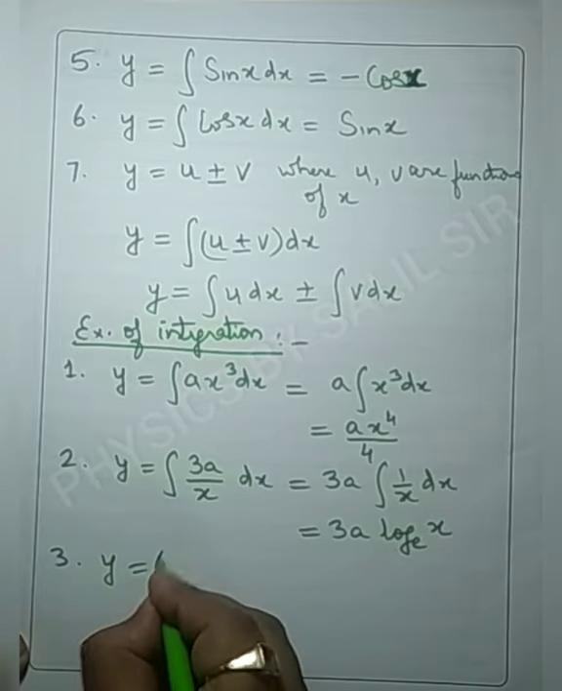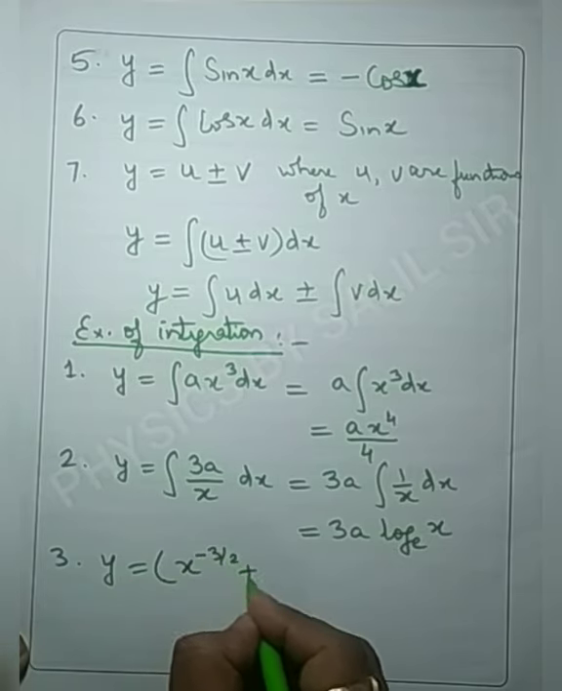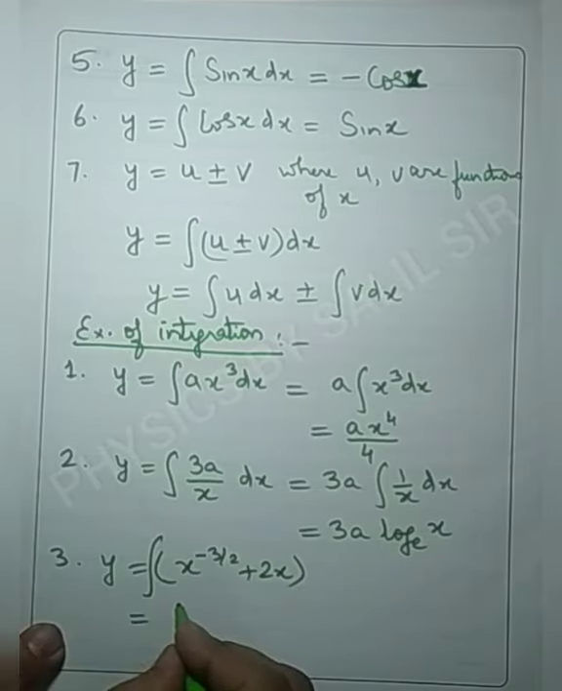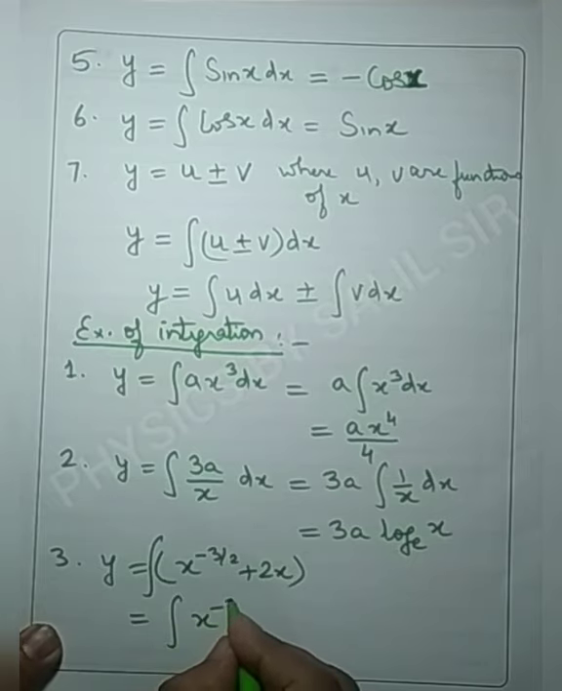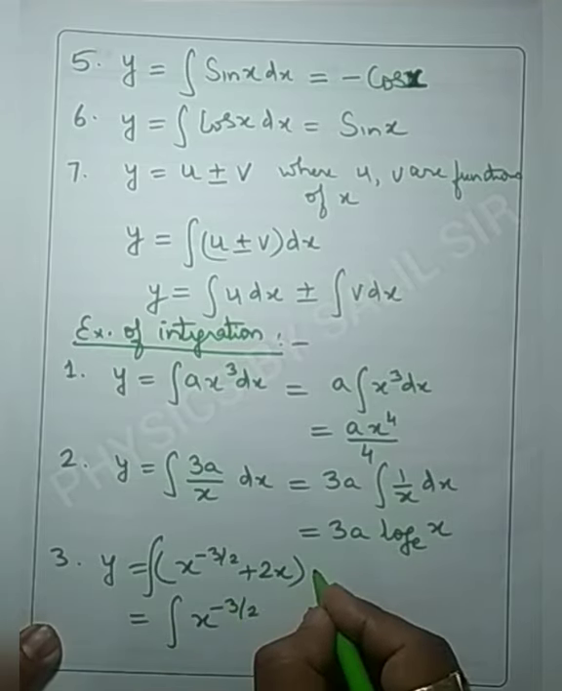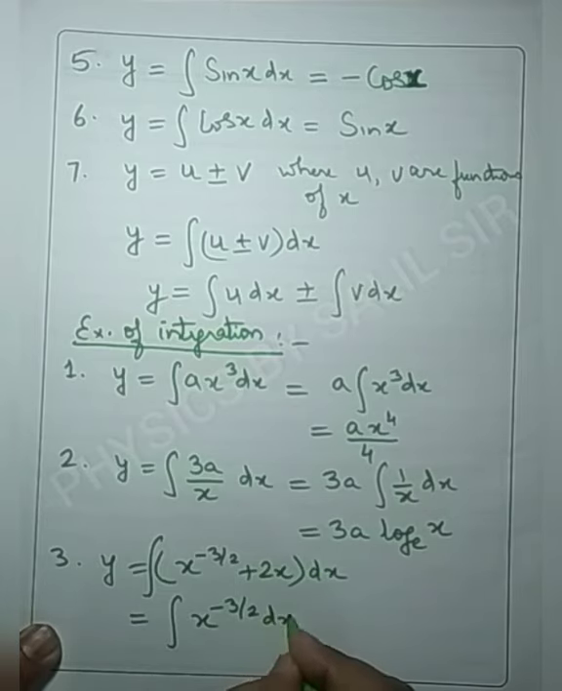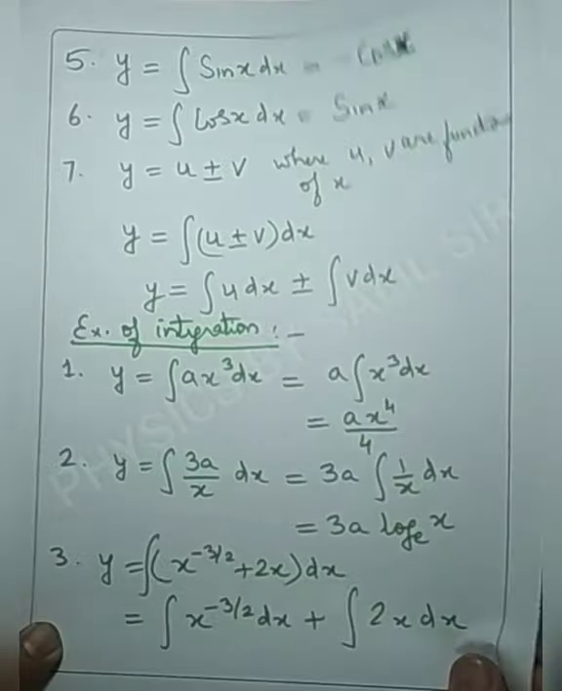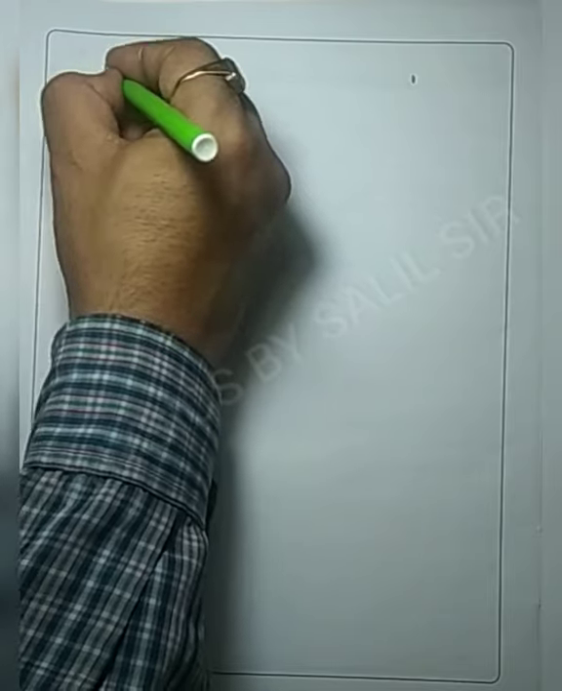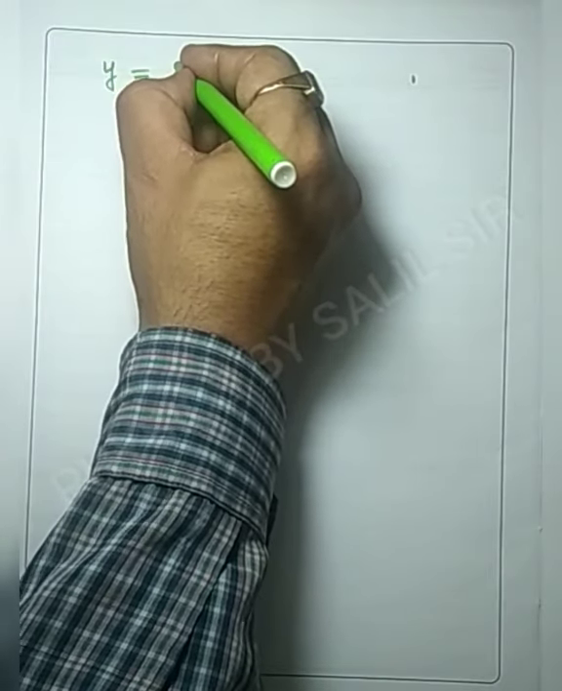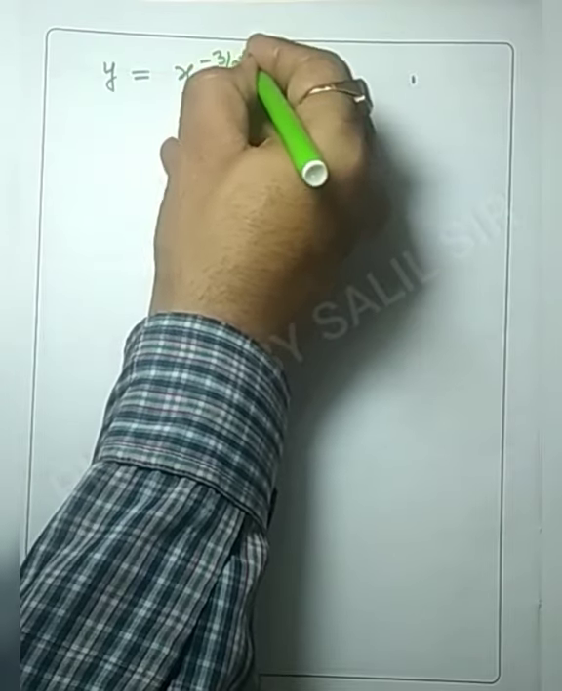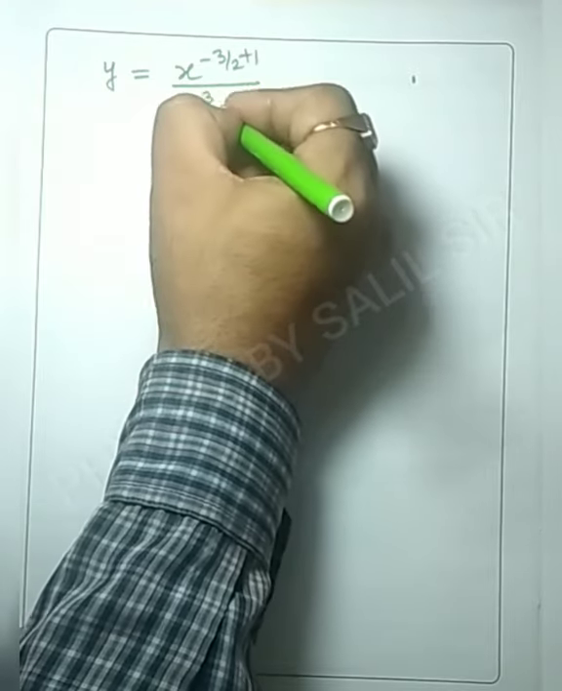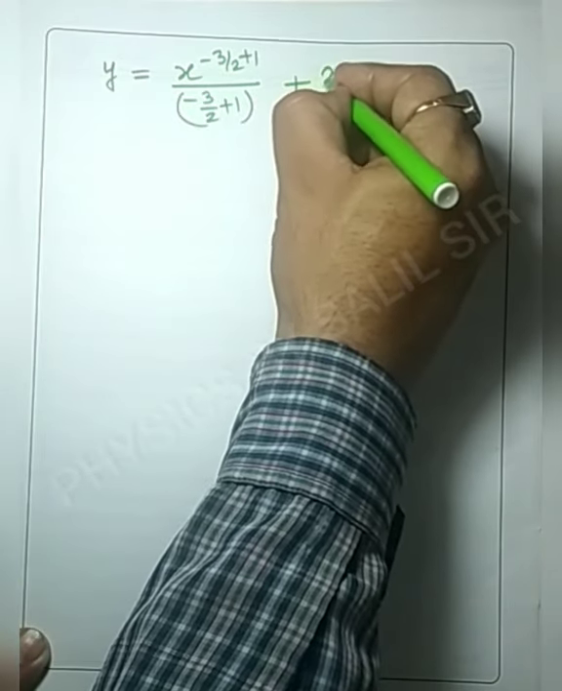Third, suppose it is given as x to the power minus 3 by 2 plus 2x. You have to integrate this. Then what will you do? First of all, you have to separate these: the integral of x to the power minus 3 by 2 dx plus the integral of 2x dx. So y is equal to x to the power minus 3 by 2 plus 1 according to the integration rule, and in the denominator it will be minus 3 by 2 plus 1, plus